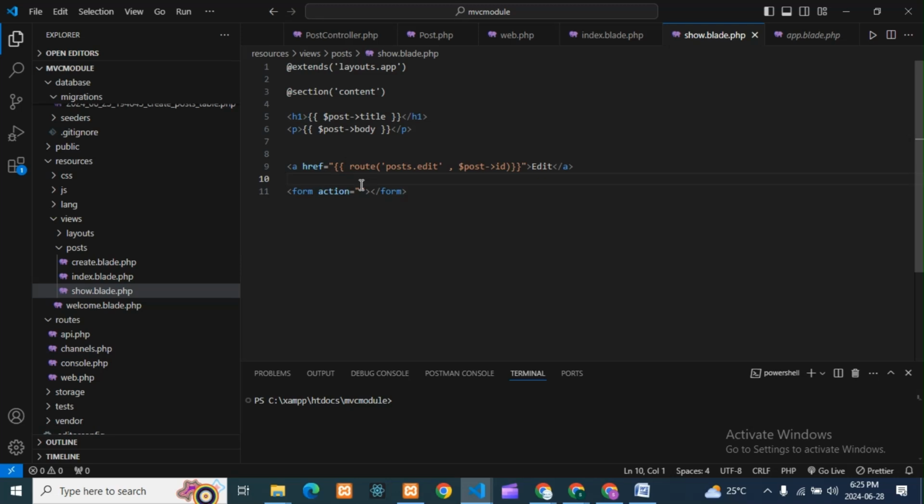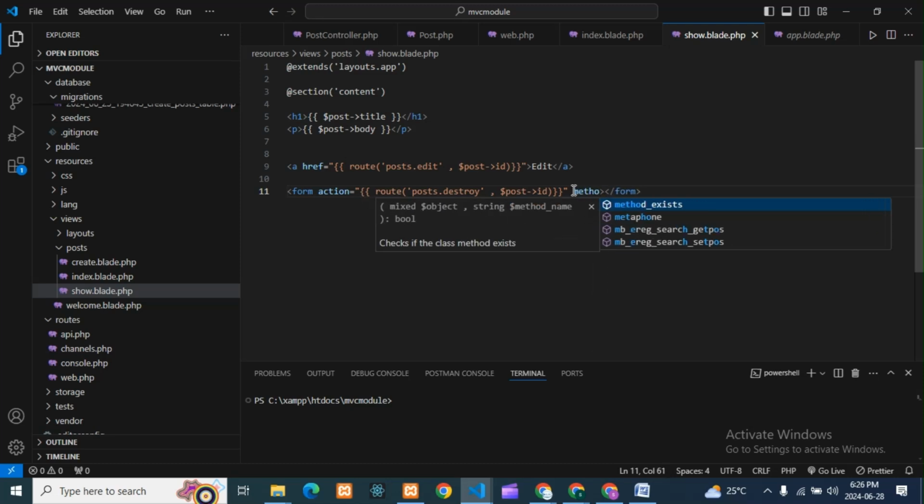So I'm taking that form here, guys. Here there will be a post.destroy route. I will show the final view, guys, of how it will look. Then the post id, and here the method will come. Method, correct the spelling.